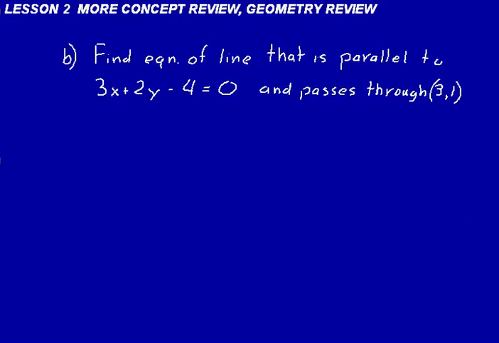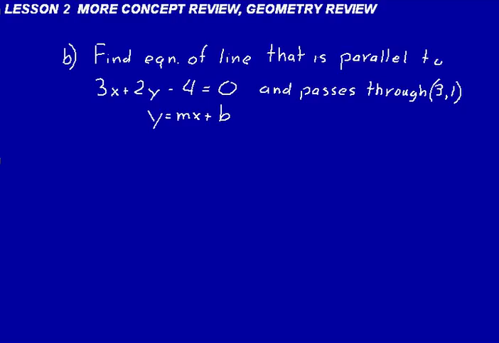Look at problem B. Find the equation of a line that is parallel to that general form for the equation of a line 3x plus 2y minus 4 equals 0 and passes through that point 3, 1. Now, remember parallel lines, those have the same slope. If you've done any of my CDs before, you know that the first thing I want you to do when you want to find the equation of a line is write down the standard form of the equation of a line,